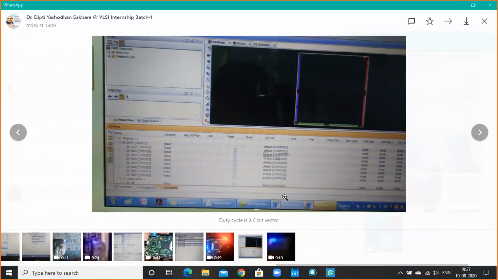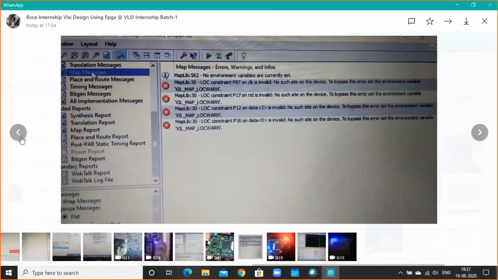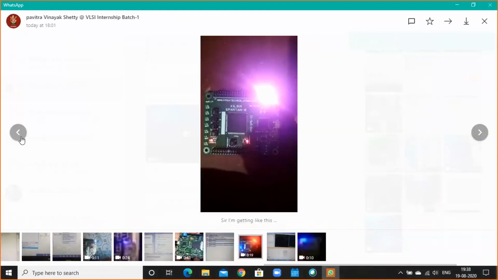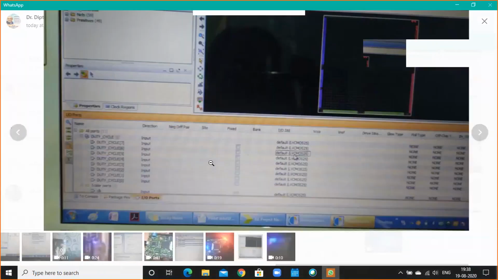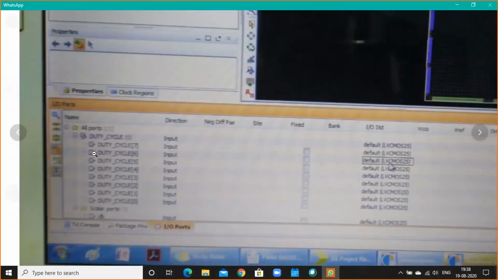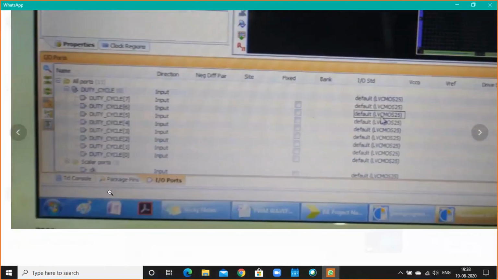You have to change the entity, and there you have to accept only one input. If that switch is pressed, then try to increment the duty cycle by 1%. So the duty cycle which you declared in the entity as 8-bit, whenever it reaches 100, the 7-bit is going to be 0, and you use the switch as a clock for the incrementation.